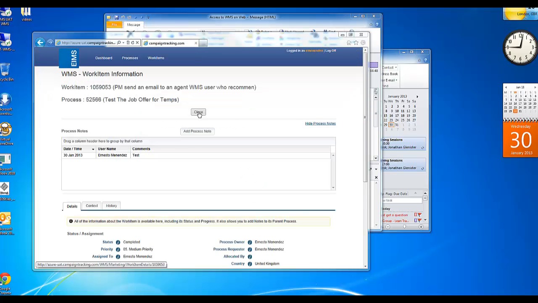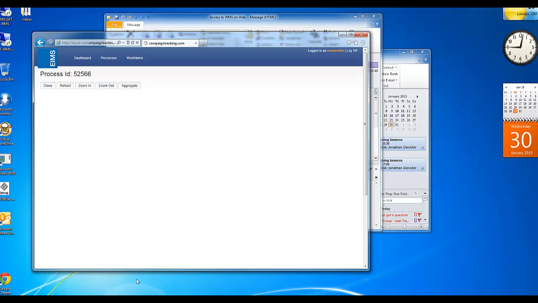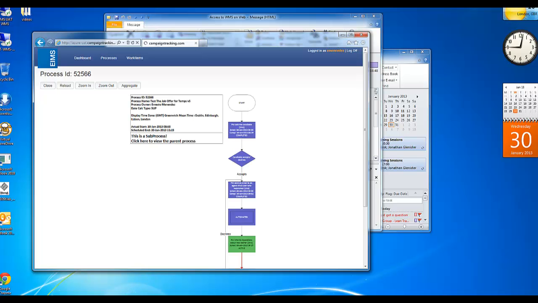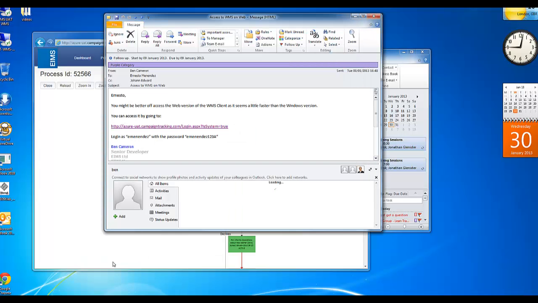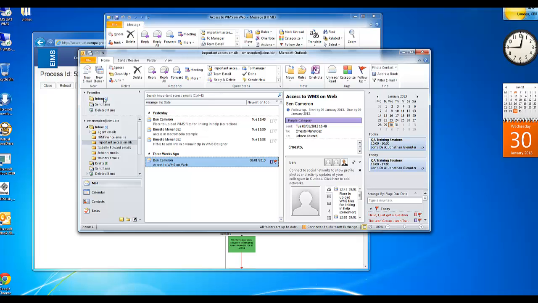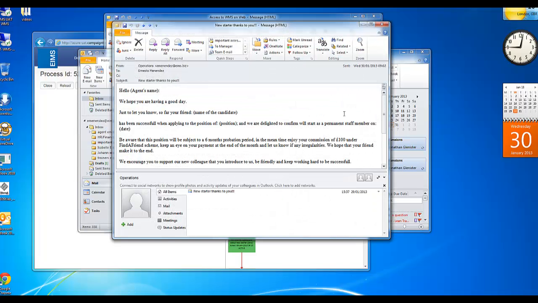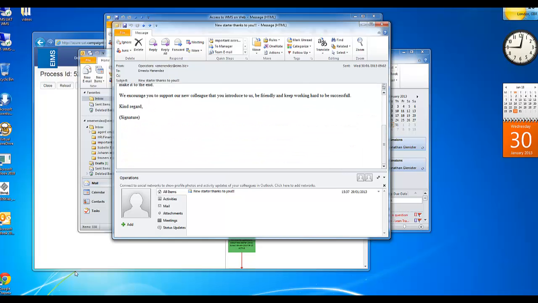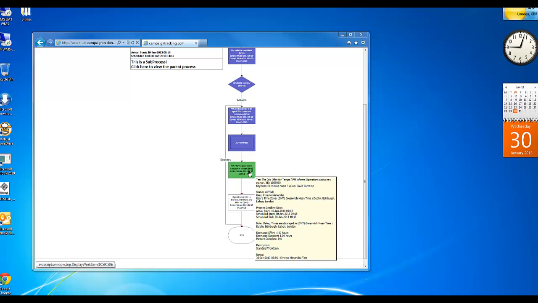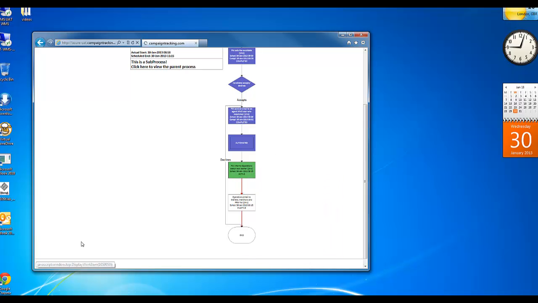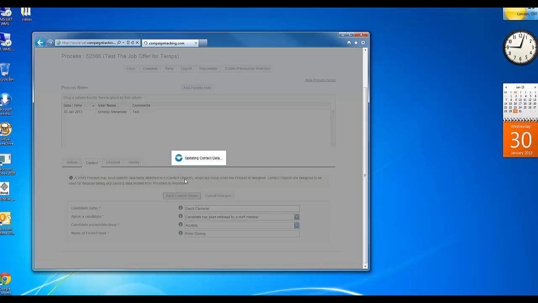At the end, after this, there should be an automatic process, which is an email that is sent to the person who referred this candidate, just to let them know that we offer a temporary position for them. And here it is, the email. In this case, I send it to myself. That's an automated process in this sub process, and then it moves automatically to the next work item,